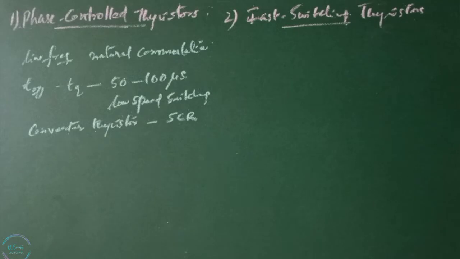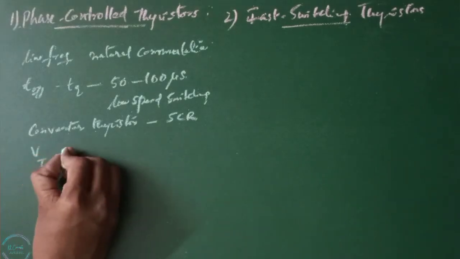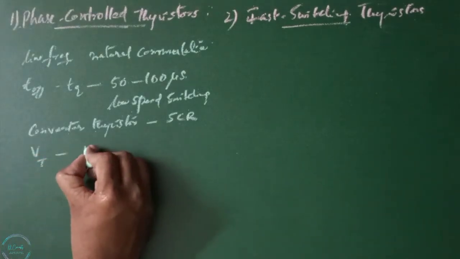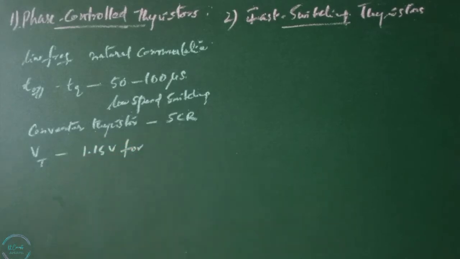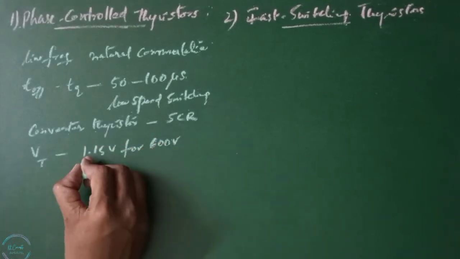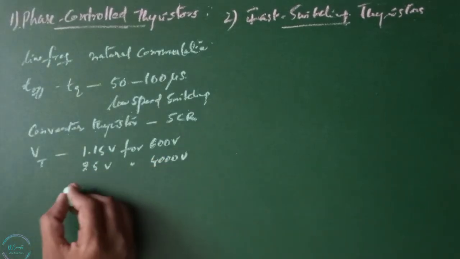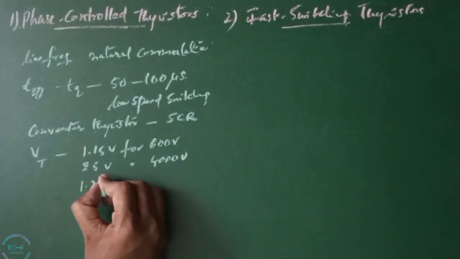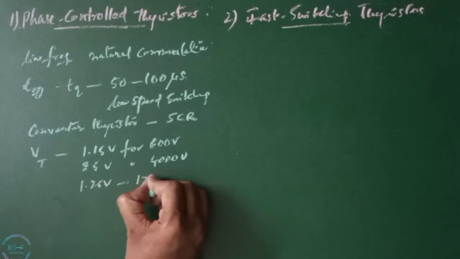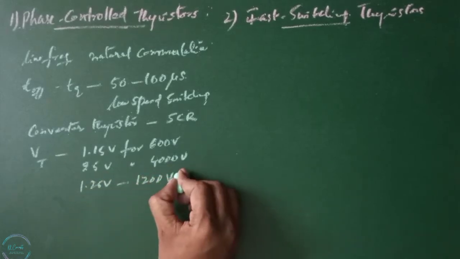Now, the on-state voltage VT for this type of thyristor is typically 1.15 volts for 600 volts device and 2.5 volts for 4000 volts device,